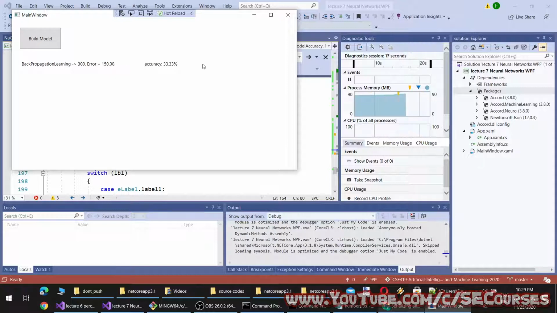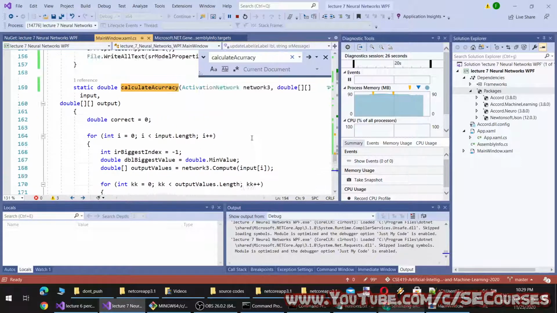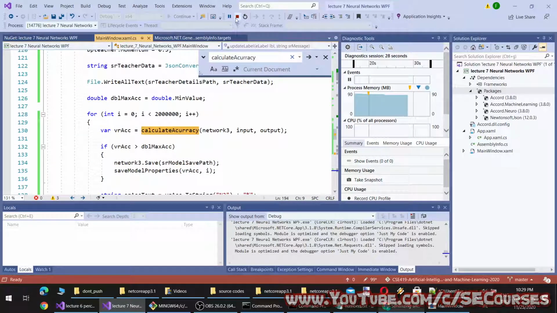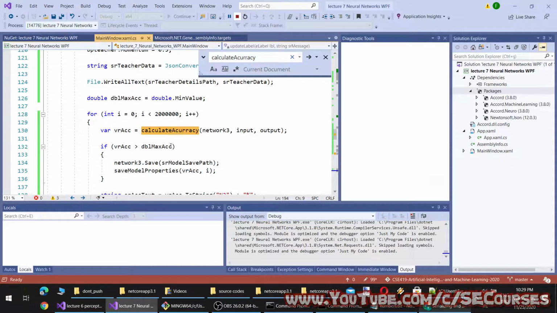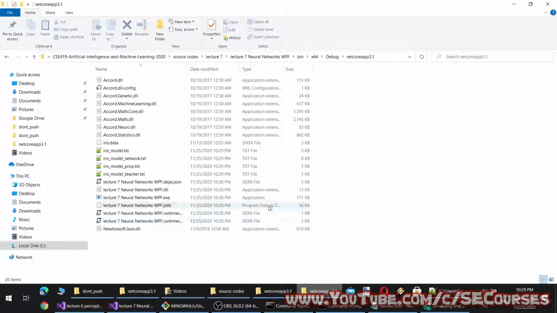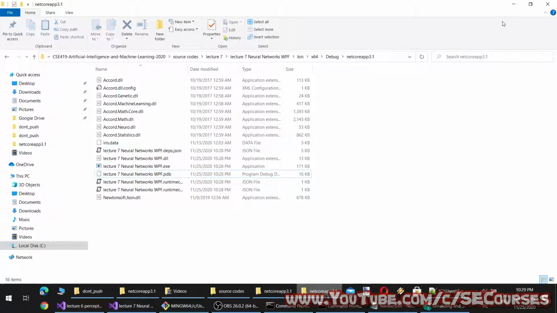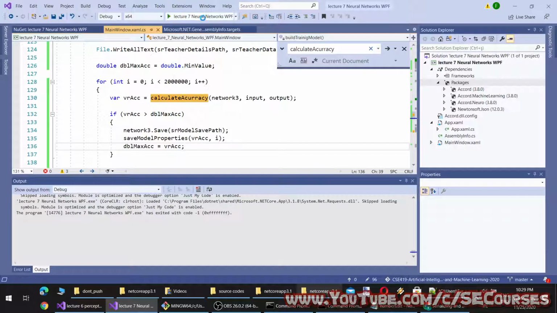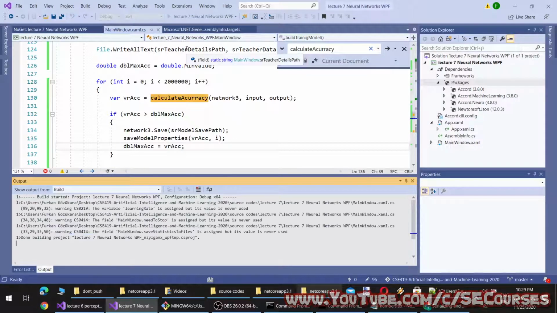So now it is slower because we are calculating the accuracy at each iteration. And it is getting even slower because we have made an error here. It will be like this. Therefore, it was saving the model every time. So I'm going to delete this. All right, let's run it again. It will be much faster now.